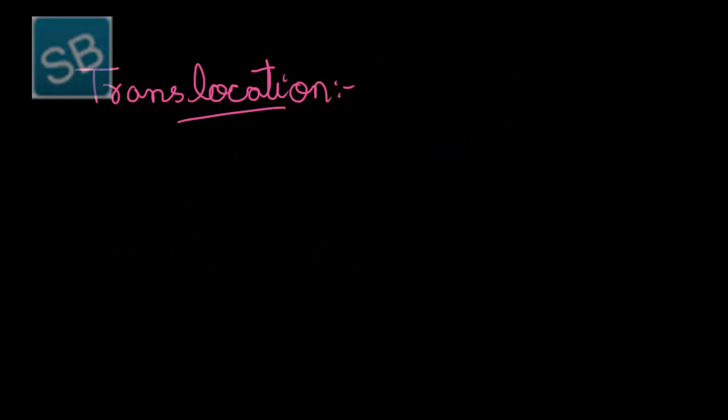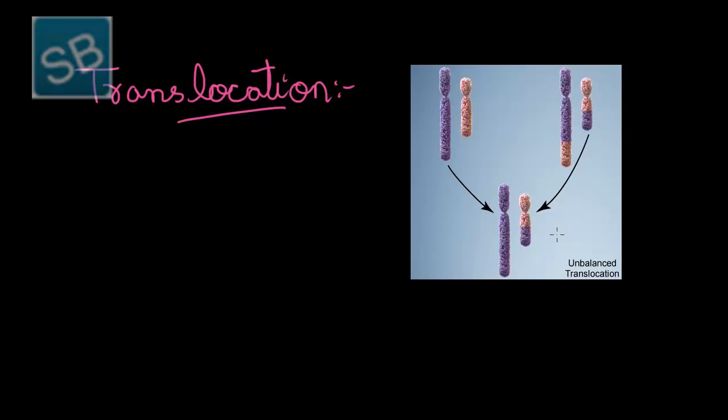Following it comes the fourth type of structural abnormality, that is translocation. This figure depicts the translocation type of structural abnormality. As it can be seen from the figure, here a part of a chromosome segment gets separated, which joins with another chromosome segment, that is, both get inverted and thereby translocated to form a chromosome pair which is not homologous to each other. Thus, in this manner, translocation can be defined as a structural abnormality